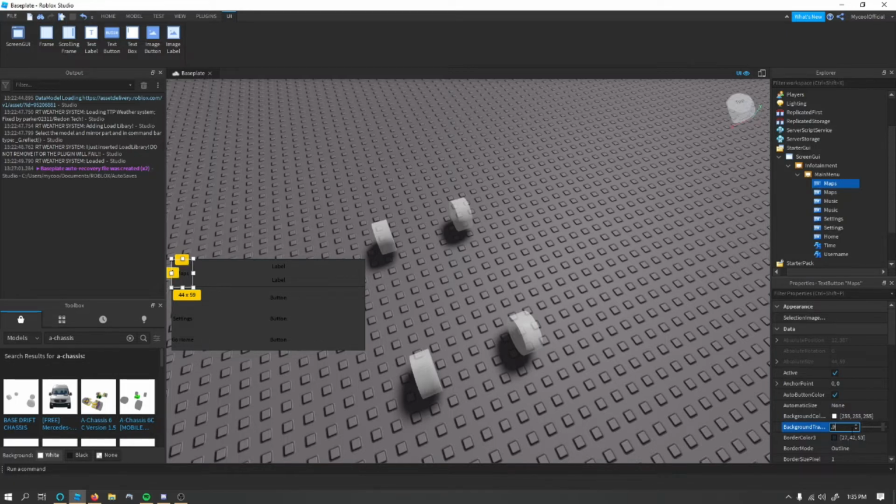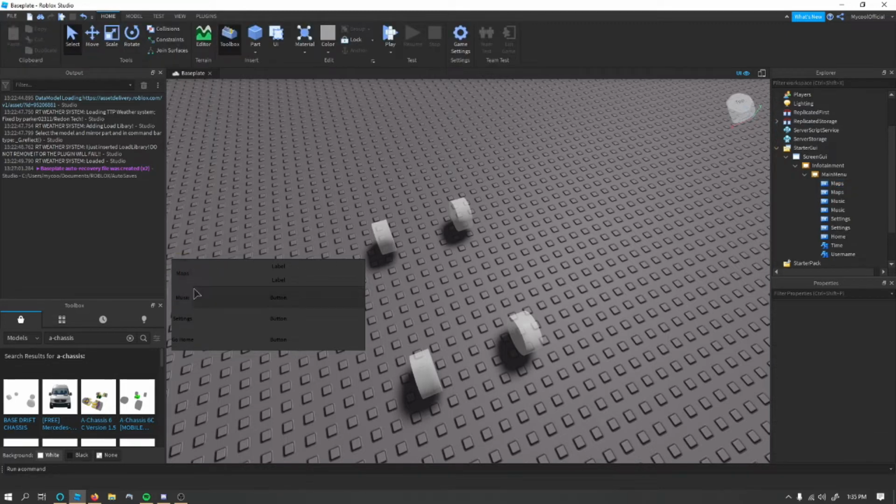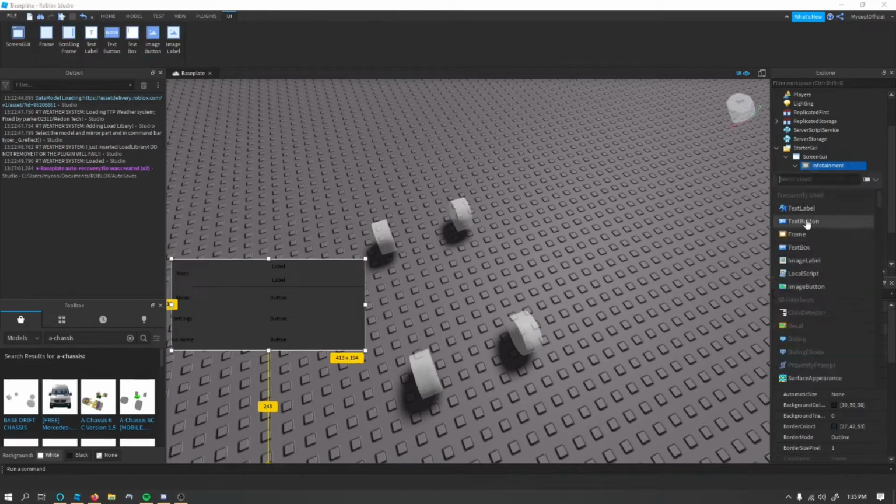That's strange. Oh, I see. I was doing 0.99. Alright. Alright, sorry about that. So this will be our side menu, and we'll go ahead and make a new frame